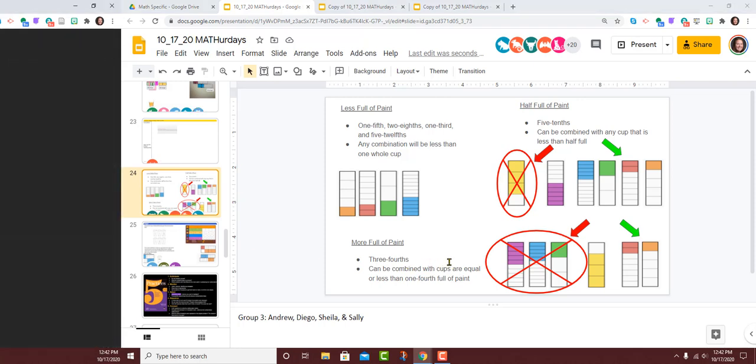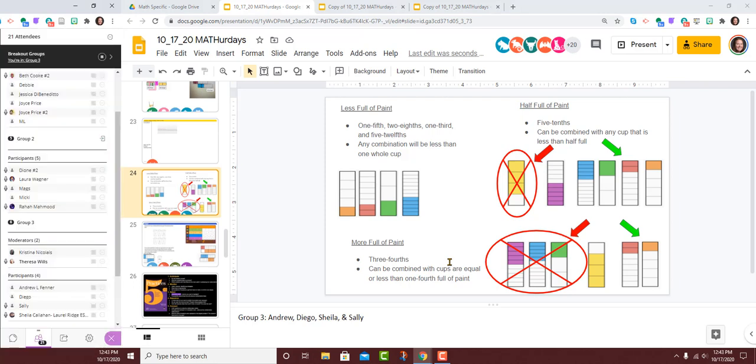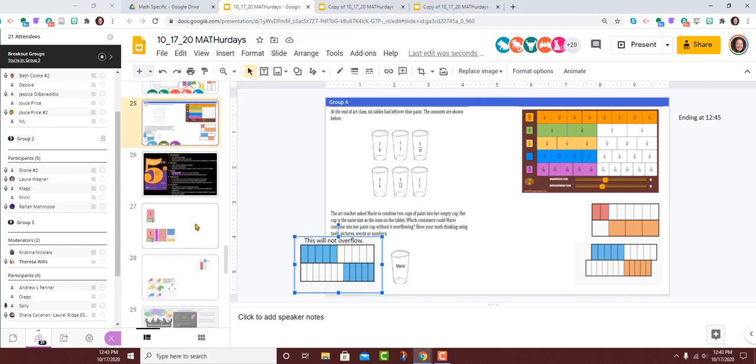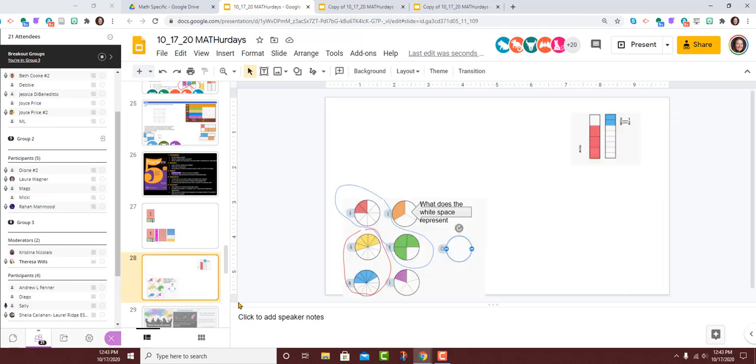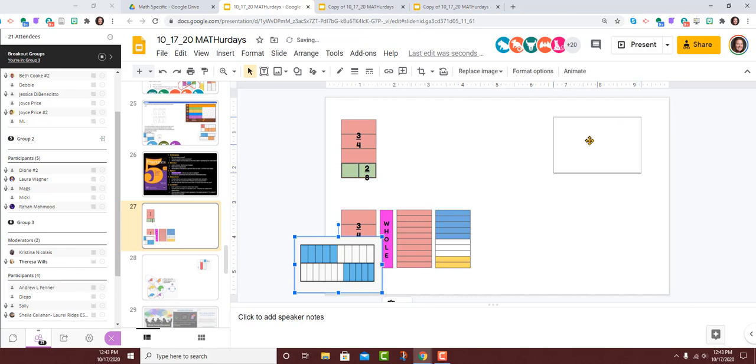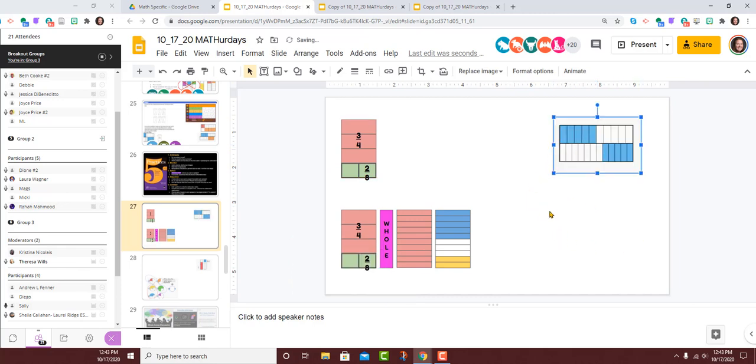I drew each of the fractions that we were working with, and then I took a screenshot so I could flip them around. I thought about whatever fraction I was starting with and then the fraction I might add to it. I was trying to show, for example, that the 3/4 in the yellow is really full. So if I try to combine it with some of those other fractions, they're more medium size, like 5/12, or even 5/10, it'll be too full. It'll be more than a full cup of paint.